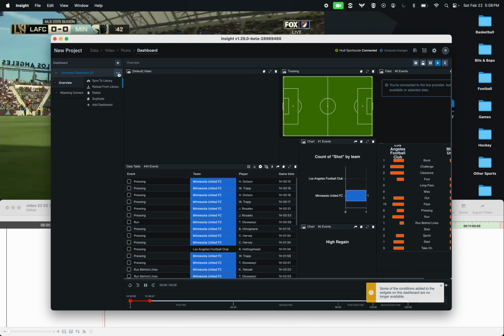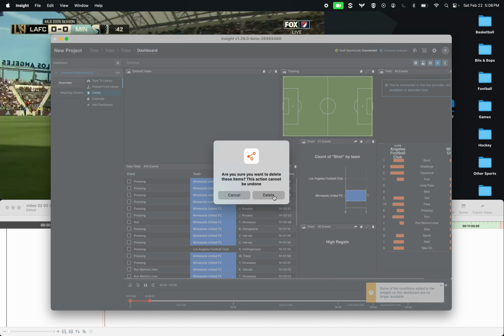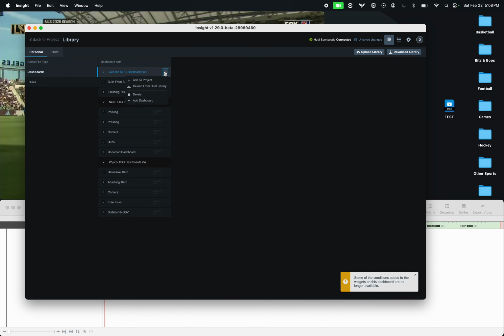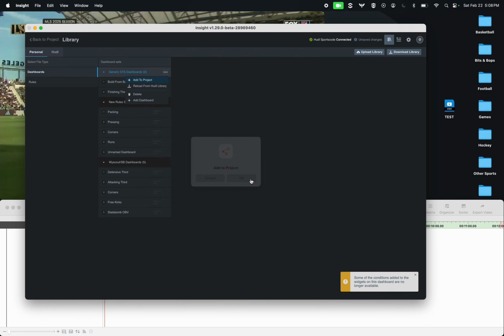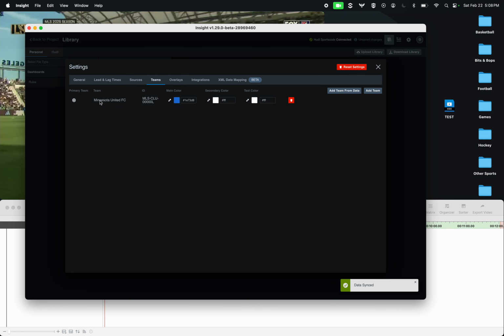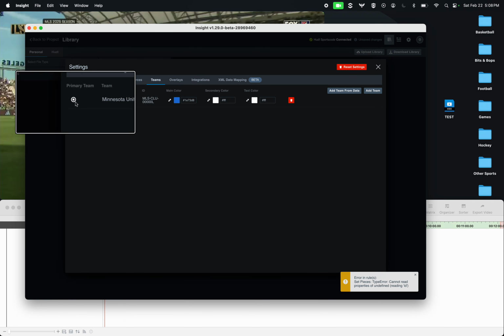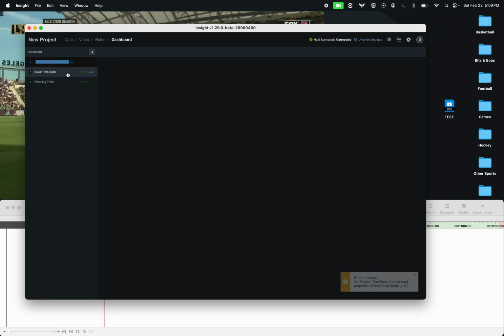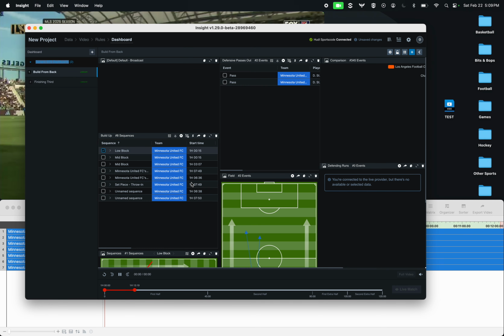Now I'm going to delete these default dashboards you always get when you open an Insight project. And I'm going to go to my library and add just some generic STS dashboards I have. What I've also done before this is gone to my Teams tab and set Minnesota United as my primary team. So now when I open up my dashboards, I can see that they're already filling in with some of the